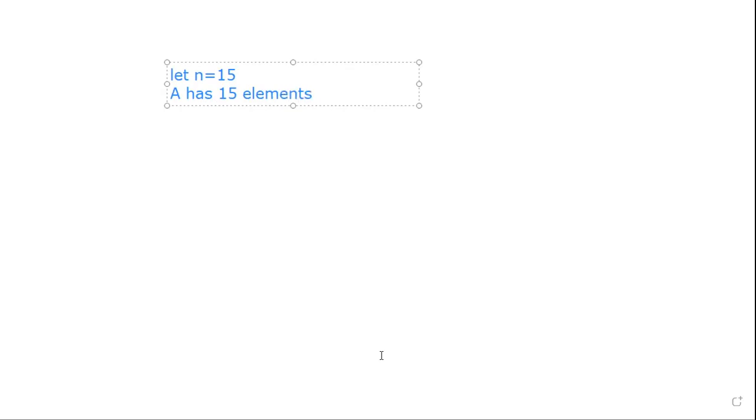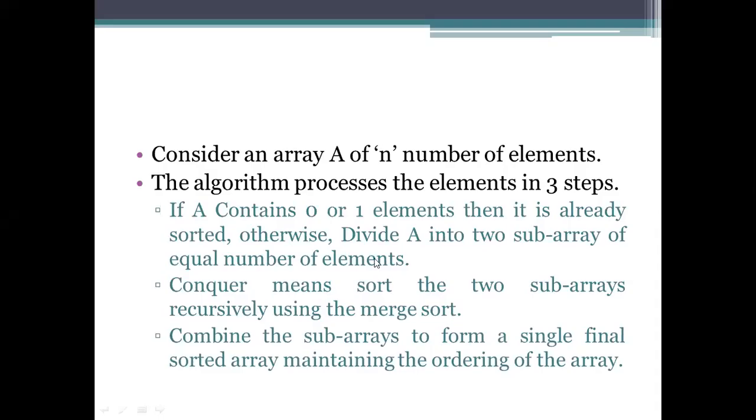Let us see the steps and how we are going to do the division. First we take the elements, divide that into two sub arrays and conquer them. Then we need to combine these arrays. Let us see how it is processed. We are taking 15 elements into account.